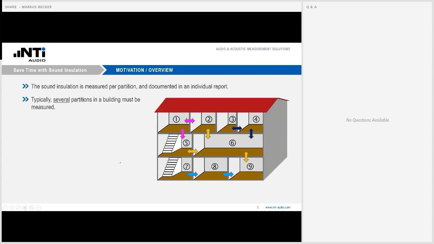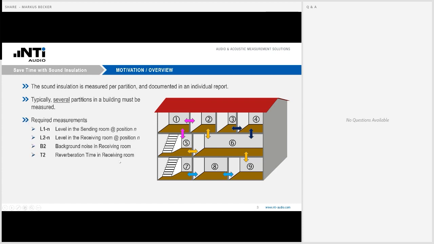Well, as stated in the beginning, the sound insulation needs to be measured per partition, needs to be documented in individual reports. And typically, you do not only have to qualify one partition, typically it's a couple of them. So consequently, it's worth taking a closer look at this topic.